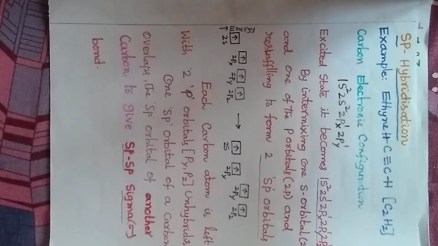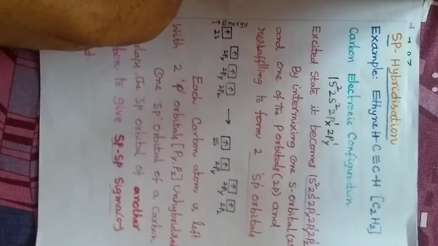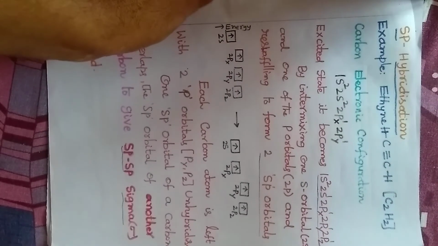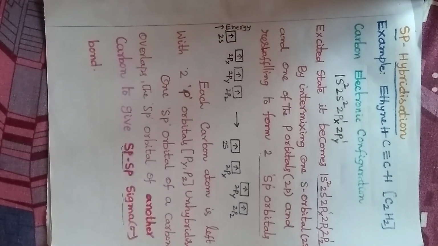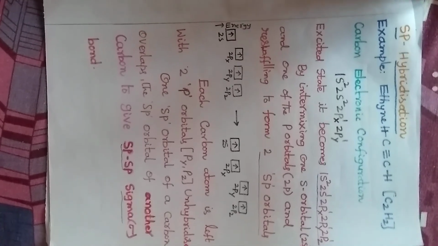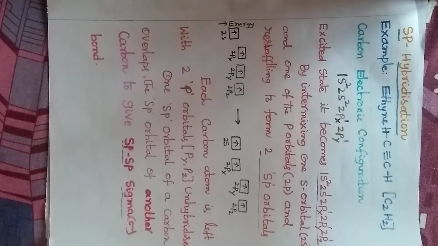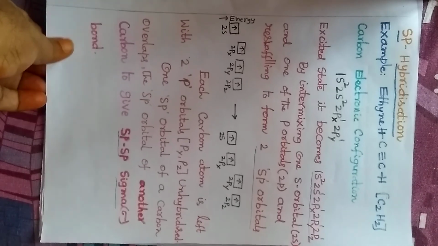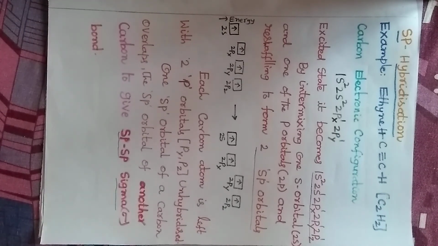So 2s, 2px1, 2py1, 2pz1. Here 2s1, 2px1, 2py1 and 2pz1 are arranged separately. That means those are not hybridized orbitals. So now each carbon atom is left with two p orbitals